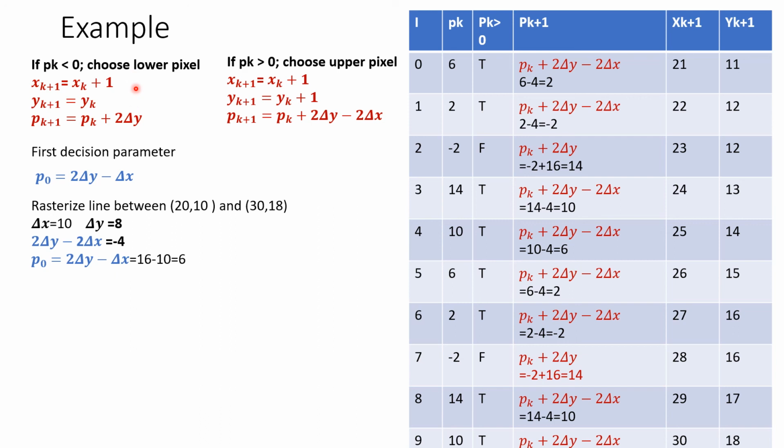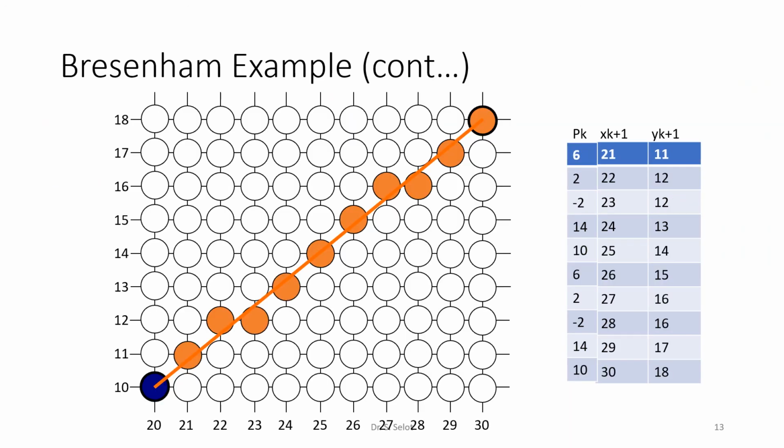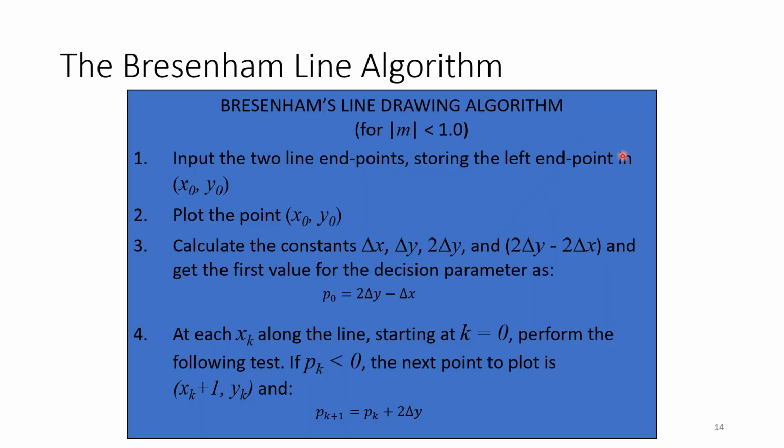We decide upon whether we have to calculate, or we have to retain a lower one, or we have to take an upper one. So this example explains the implementation of Bresenham's line drawing algorithm. These pixels are plotted with the orange dots over here, and we are very close to the mathematical line path, which is shown in orange with these set of values. Bresenham's line drawing algorithm is only for lines with a slope less than 1.